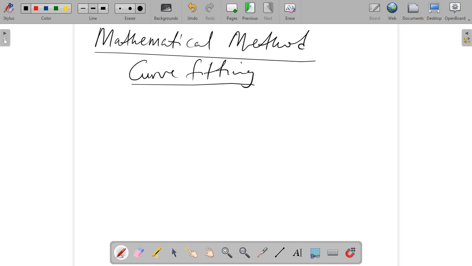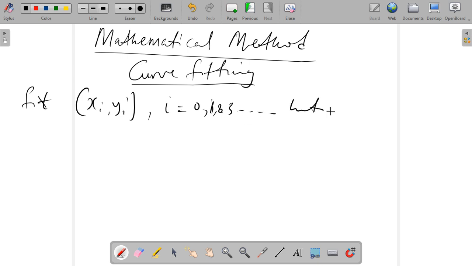Yes, curve fitting. Now the idea behind curve fitting is very simple. It's just to represent a given set of data in a polynomial. You just want to fit a particular set of data into a given polynomial. For example, we want to fit xi comma yi, where i will start from 0, 1, 2, 3 and so on. So we want to fit this particular data into a polynomial,